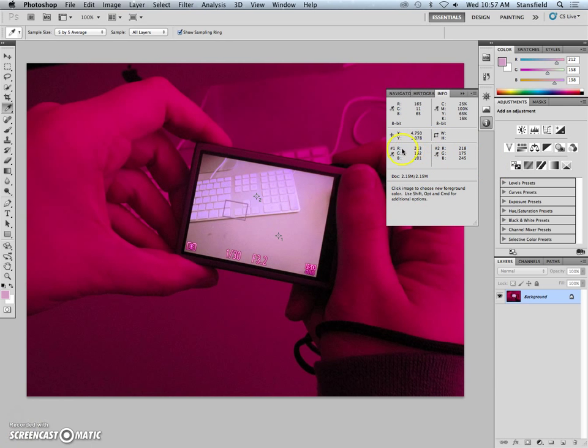So looking at these numbers, the red in the number 1 is 213, the green is 162, and the B is 201. Every color in Photoshop is made up of 3 colors, R, G, B, red, green, and blue, and every color is plotted between 0 and 255. So if these numbers were 255, 255, 255, that would be white, and if it was 0, 0, 0, that